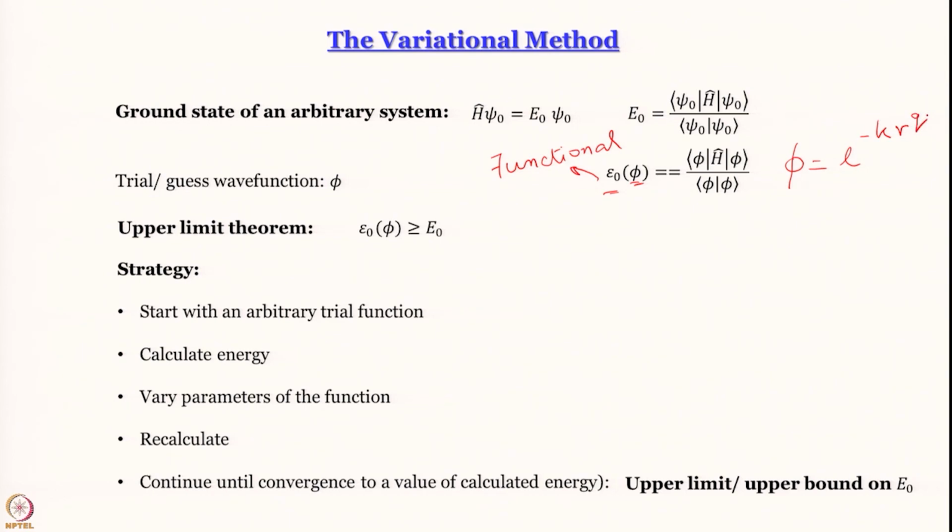Okay. So, let us say I am talking about phi which is dependent only on the radius vector r. Now, k is a parameter that I can play around with, q is another parameter that I can play around with. These are called variational parameters. Okay. So, what I do is